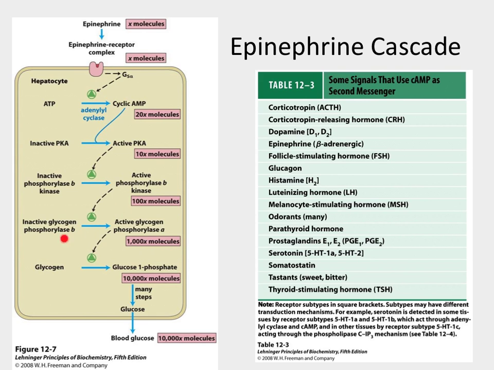Then that activates glycogen phosphorylase 1,000-fold, which goes on and breaks down glycogen to a single glucose 1-phosphate to ultimately make glucose, but it does it 10,000 times. So that means for every single epinephrine bound, 10,000 glucoses get released. That way you can run from the bear. Okay, and this just shows you that epinephrine is not the only one that does it. These are some of the other